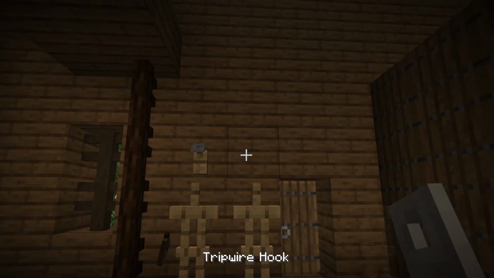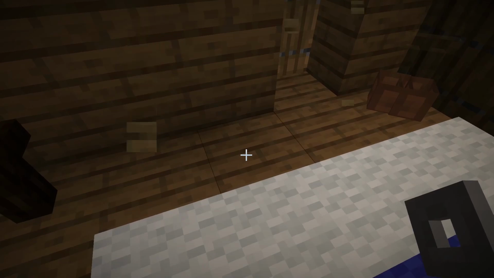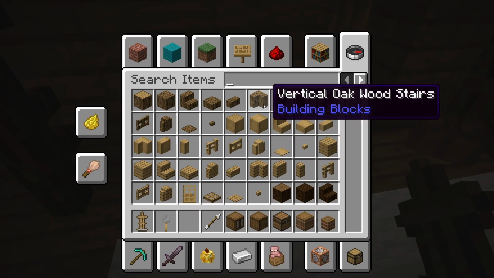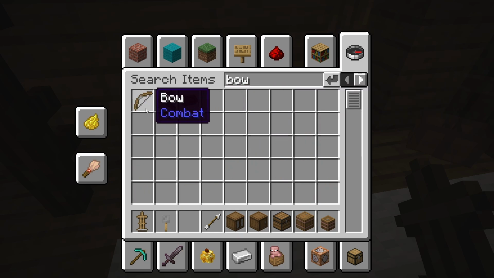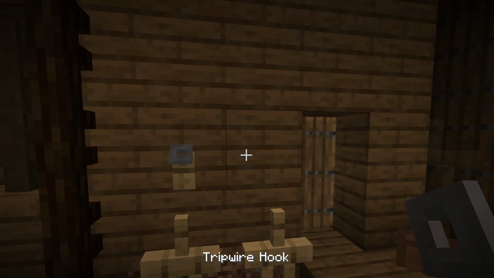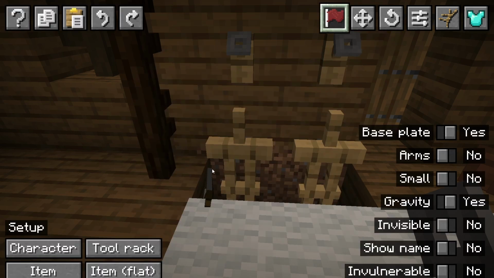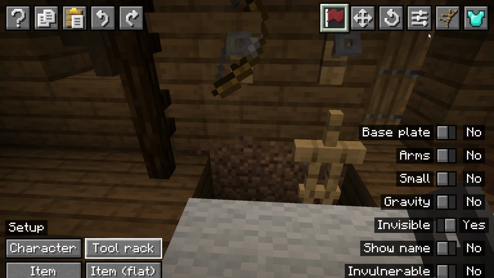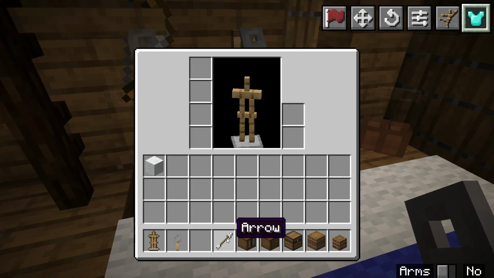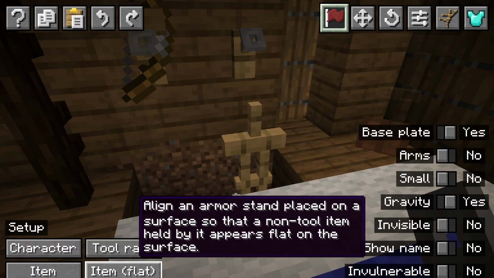Of course, it helps if I... I didn't like that because it's going to be too high. So sometimes you have to make adjustments like that, and then we'll go back and just fix the floor. Come here and add the bow, and then click tool rack. And we're going to do the same with this one, just with the arrow. I mean, yes, he's obviously going to be carrying more than one arrow, but...